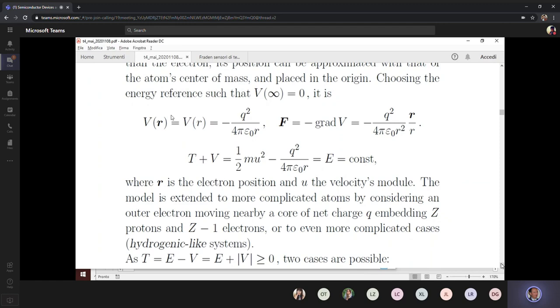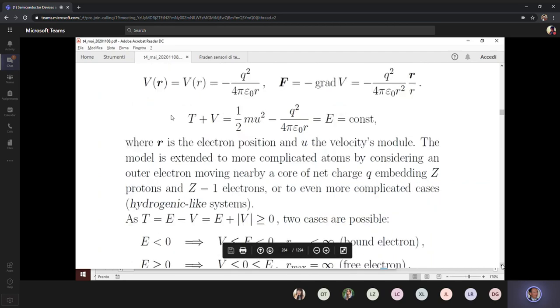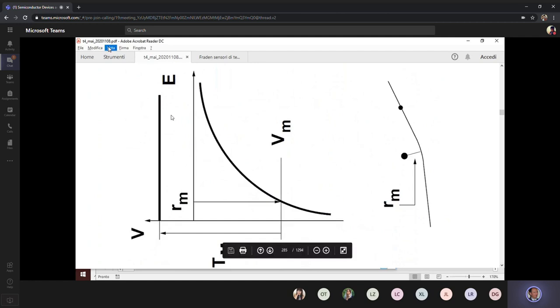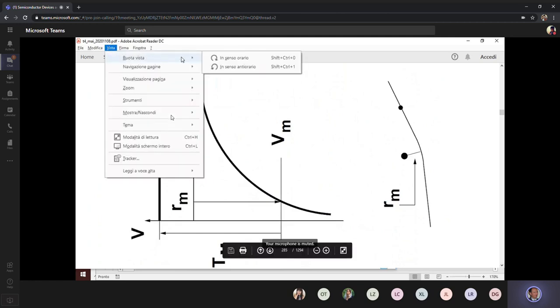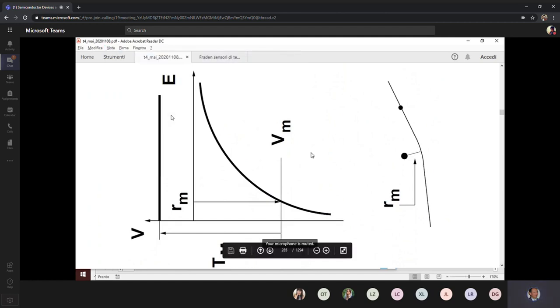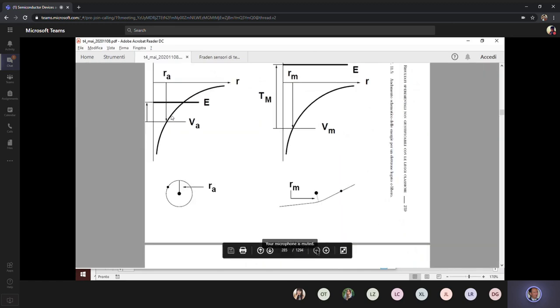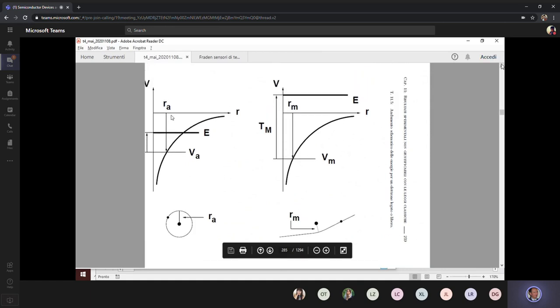Okay, actually, if we go back to the other page, there are two possibilities. One possibility is the one that we just examined, okay? So if we combine the expressions of the